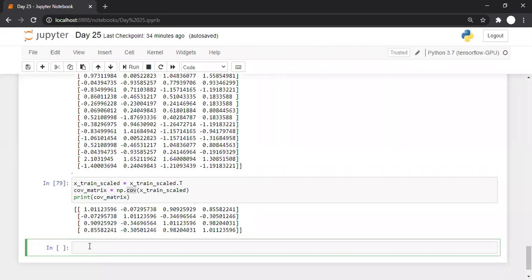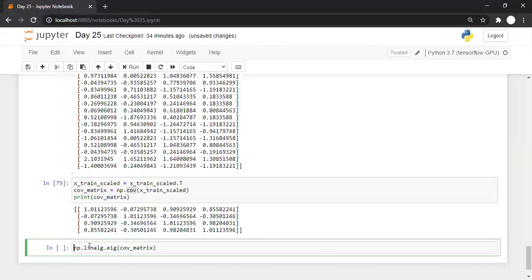Again, there is a ready-made method available, np.linalg, linear algebra, from which we use eig, the eigen method, to which we pass the covariance matrix.